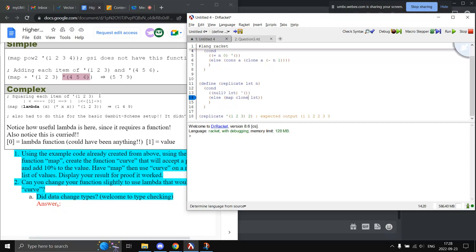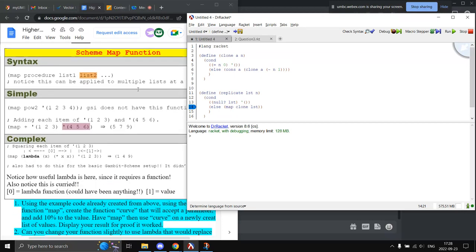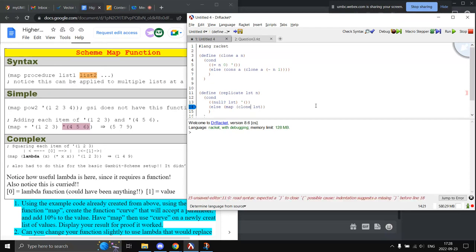Oh, is it recursive? So it's like we call map clone list n times, and then cons with replicate again with n minus 1. I think so. Hold on, let me try this. Oh, okay. I think what has to be done is